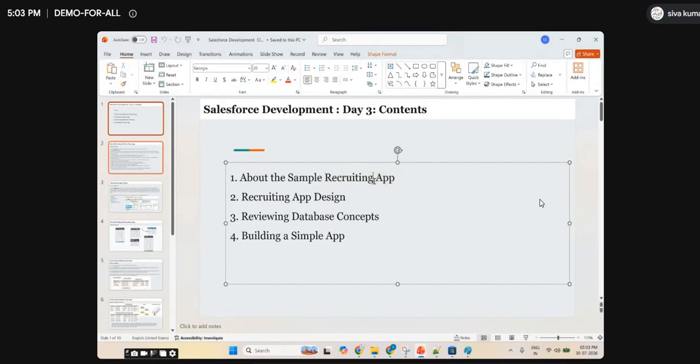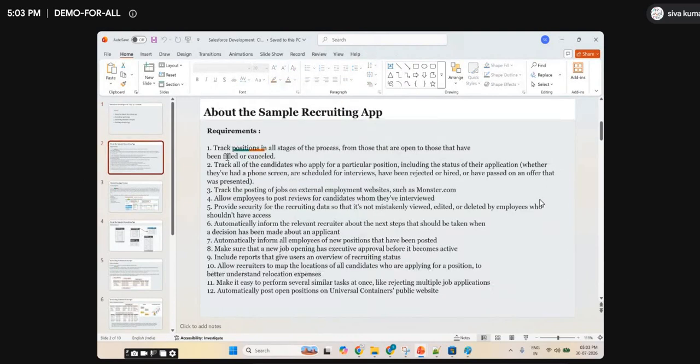So we'll create one recruiting app, take the requirements of the recruiting app, and review them. We're seeing so many requirements here. For example, we'll take Universal Containers, an example company. That company has 12 requirements.